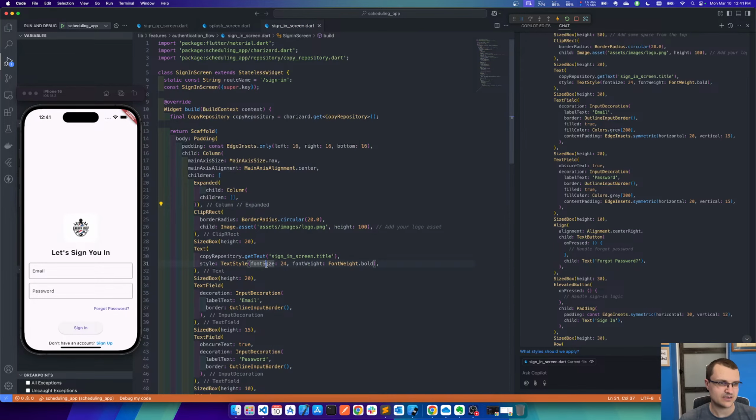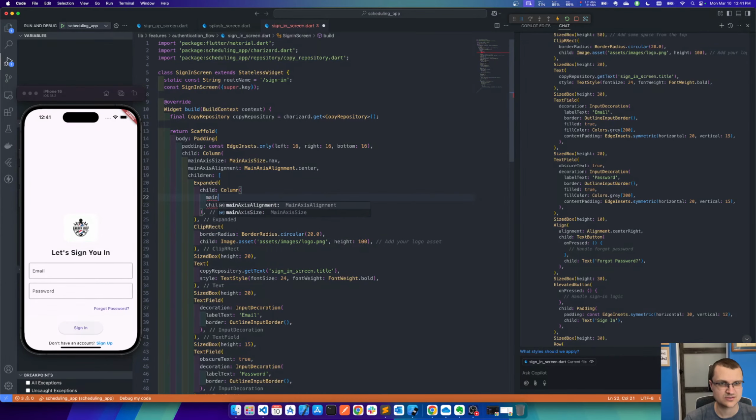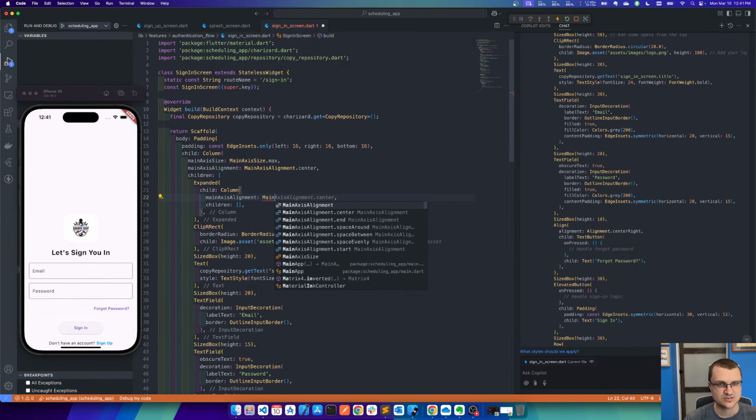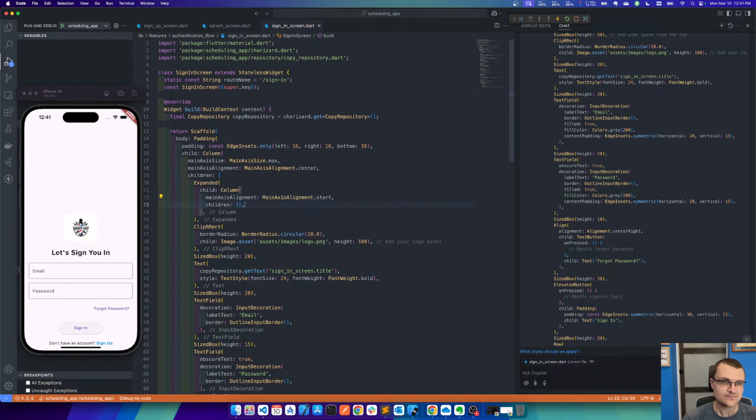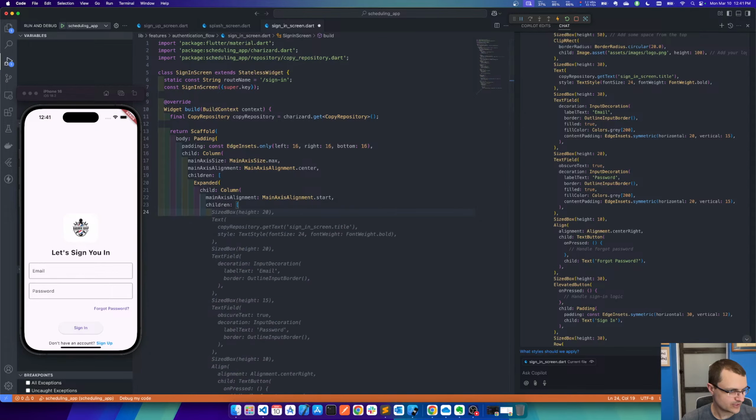So bad we can break this. Okay. So then main axis alignment is going to be start. And then inside of here, we're going to add the